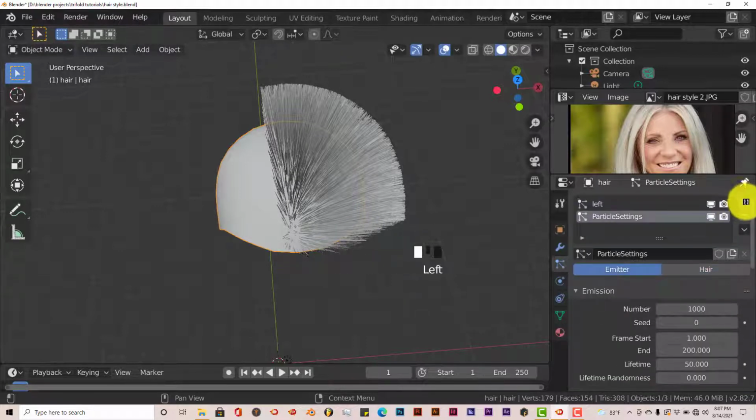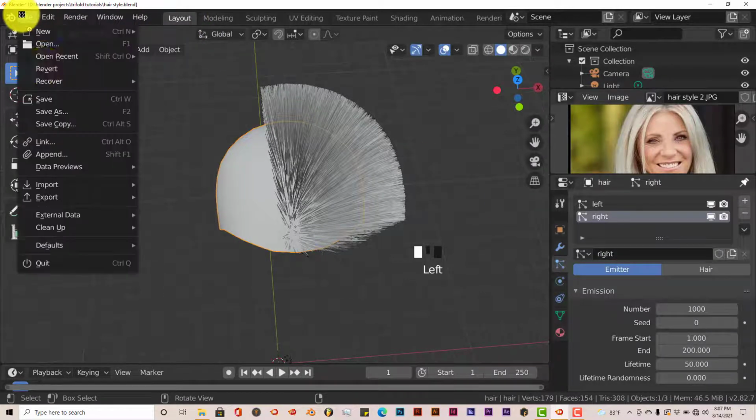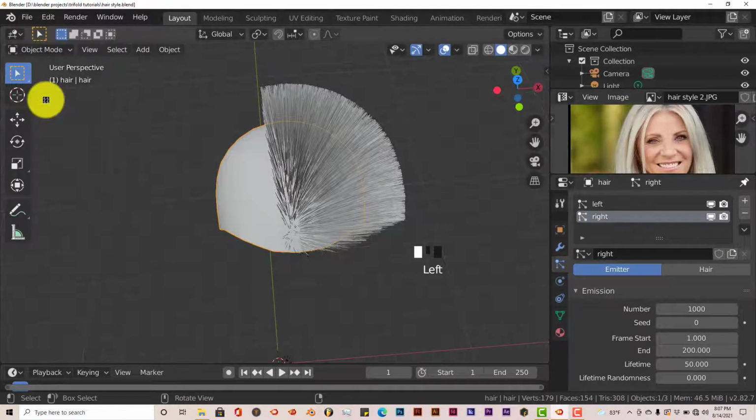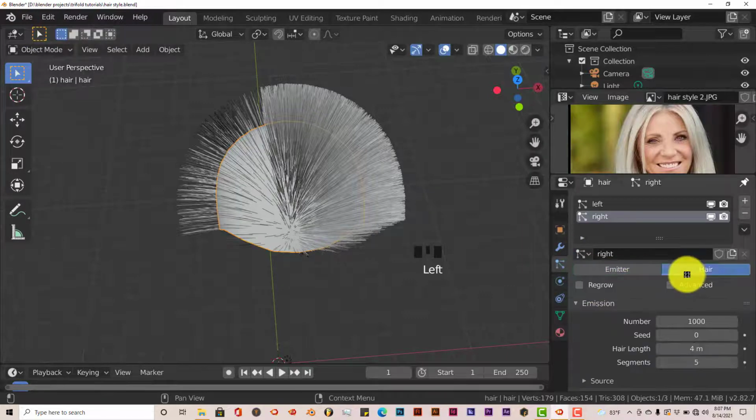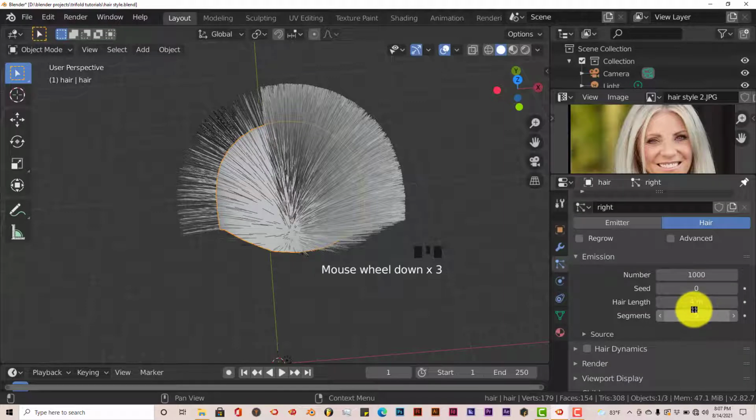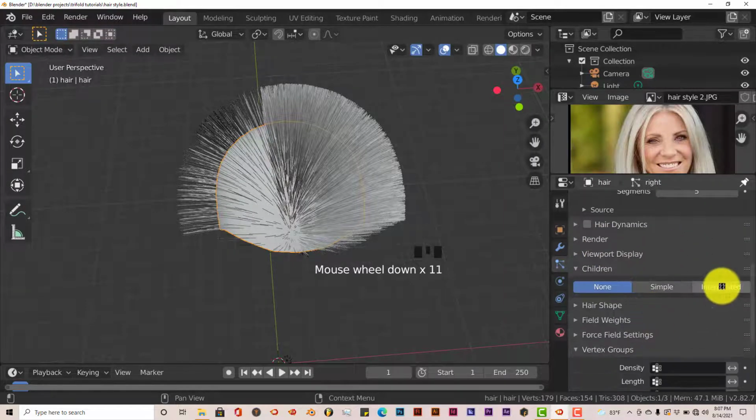We're going to press on plus, double click, type in right, enter, click in there once, type in right also, enter, file, save. From emitter, change this to hair also. Leave all these settings as they are. Go down, go to interpolated,